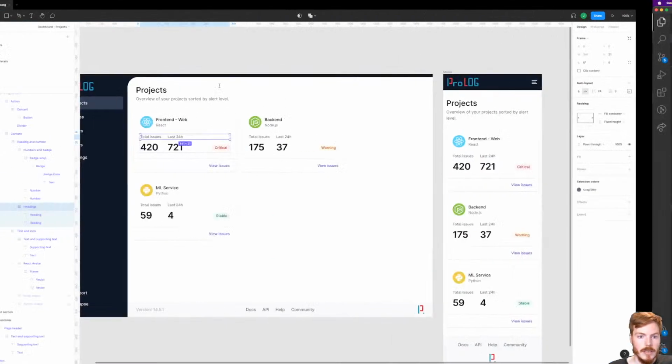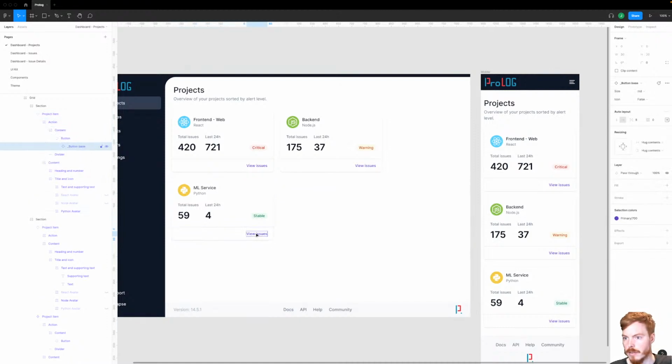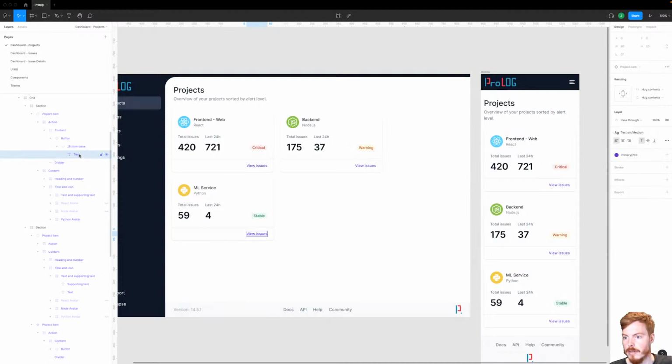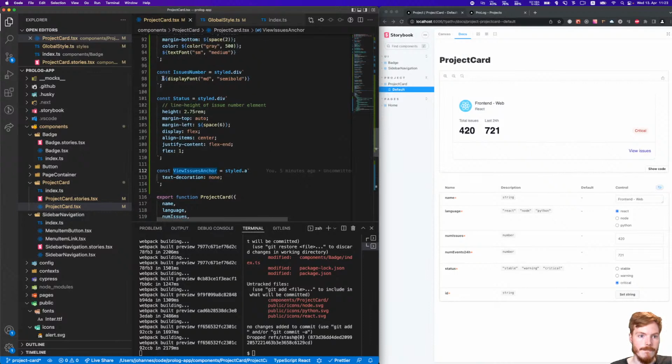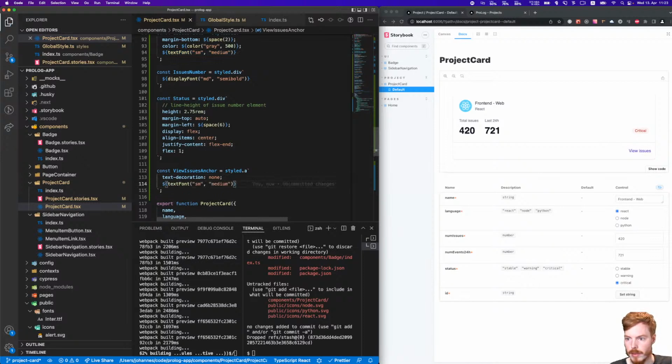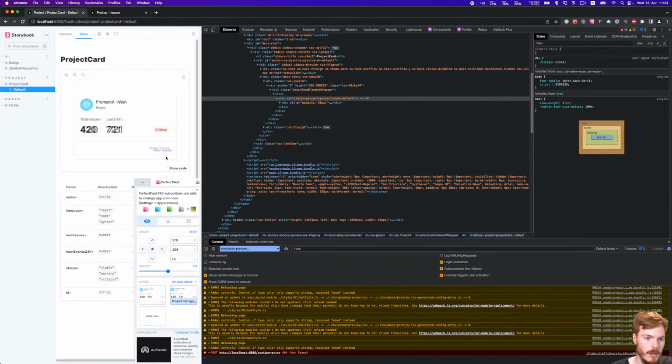here we didn't change it yet, and this is, let's see, this is a button actually. Okay. So this is text SM medium. So basically this one. Okay, and now we only have the